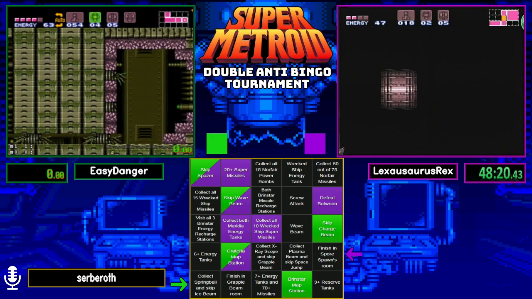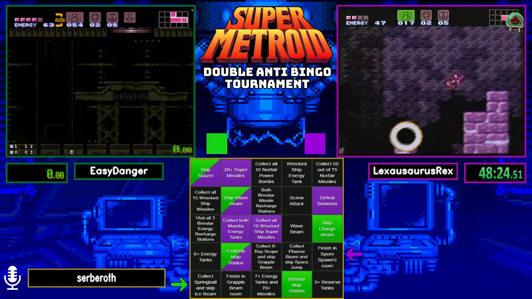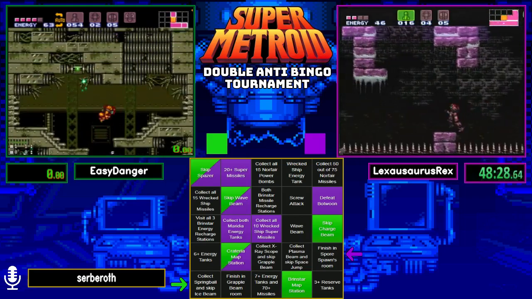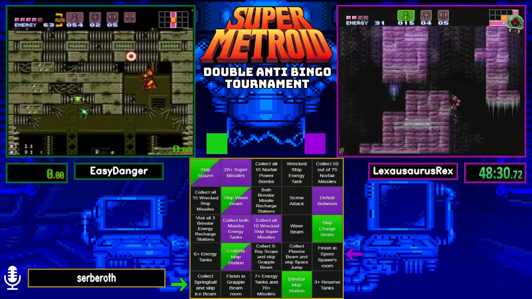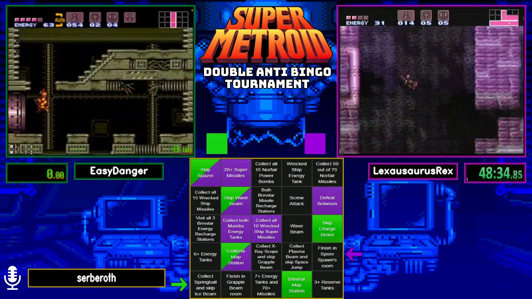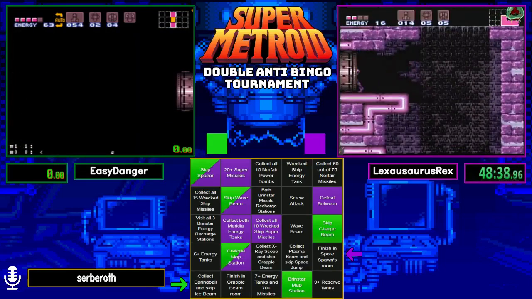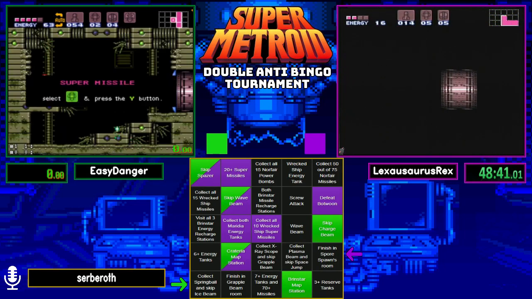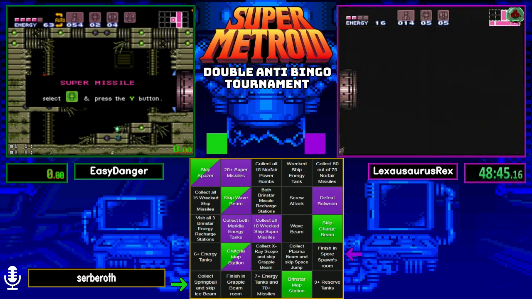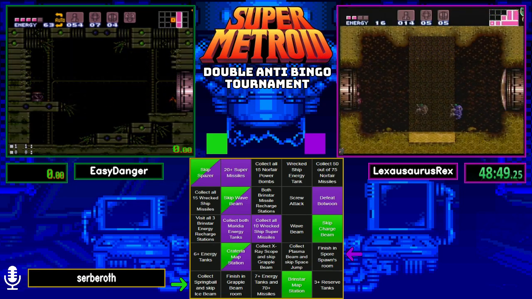Okay, Lexa is going to be going through Cack Attack Alley. A little bit harder without Space Jump, but... ooh. Alright, Lexa makes it up, no problem. So yeah, if Lexa goes to Plasma Beam and then down the toilet...